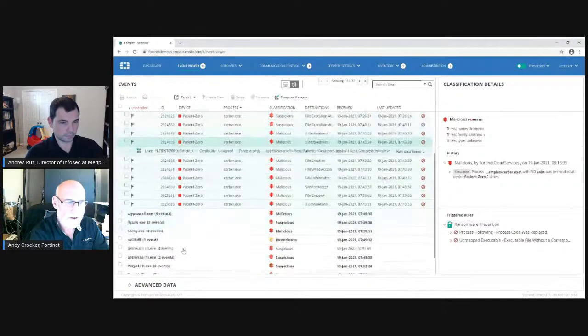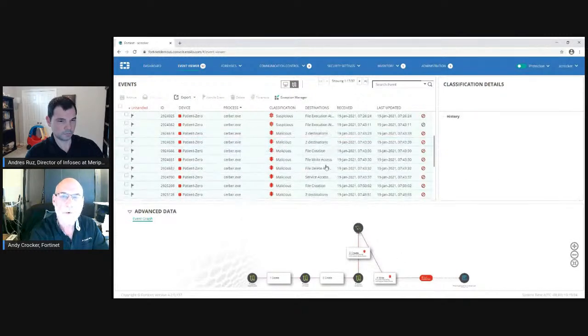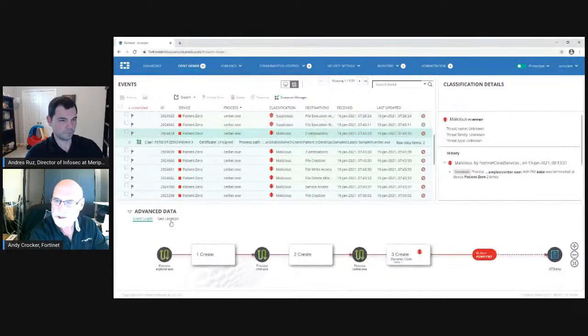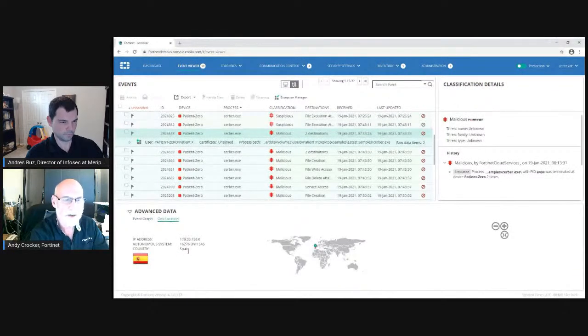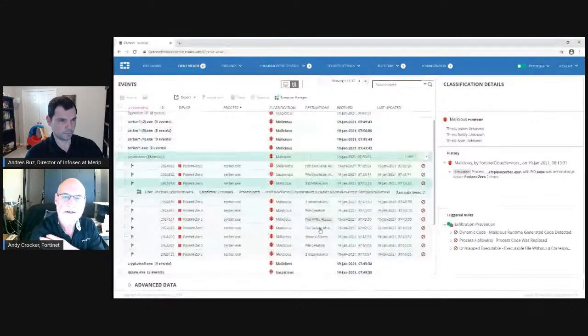I know I keep saying this, but I think it's important to point out that, from the destination standpoint, I want to know what happened and where it went. And again, if I click on the geolocation, there it is, Spain, and there's the IP address. So in this case, you could actually block that IP address in your firewall. It tried it again a little bit later, and then